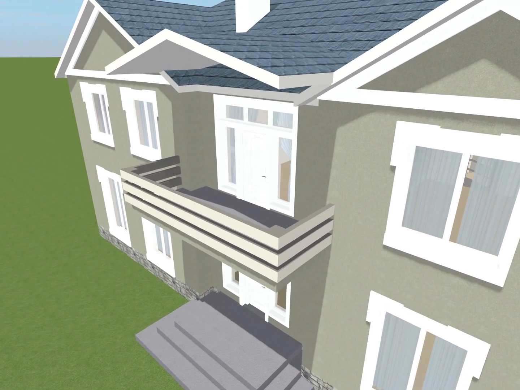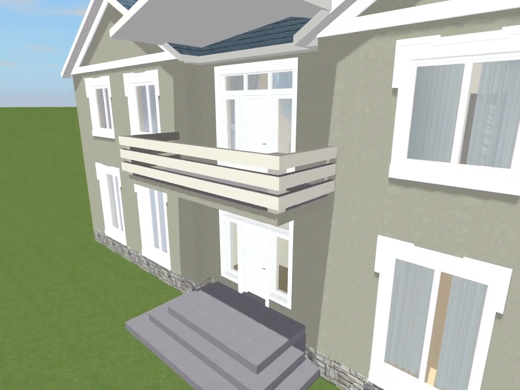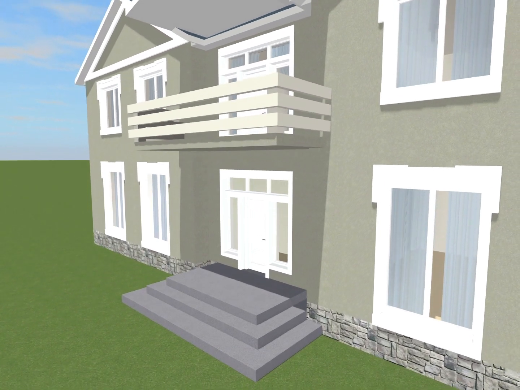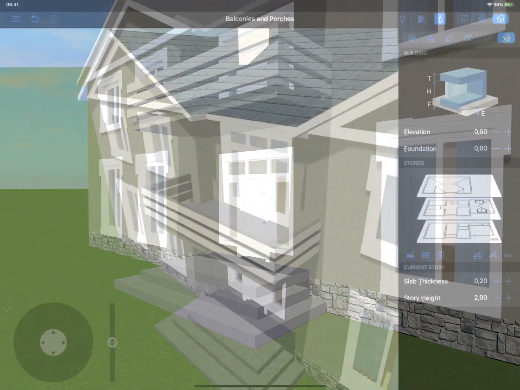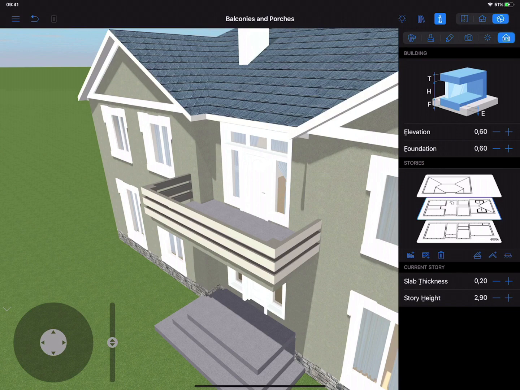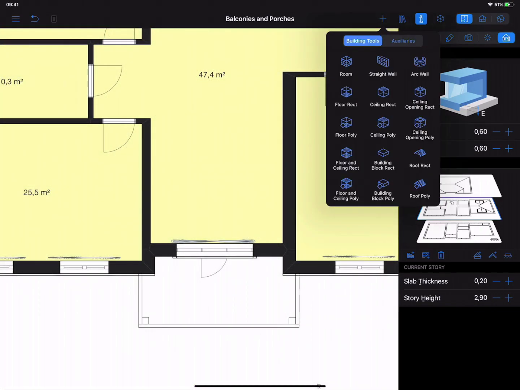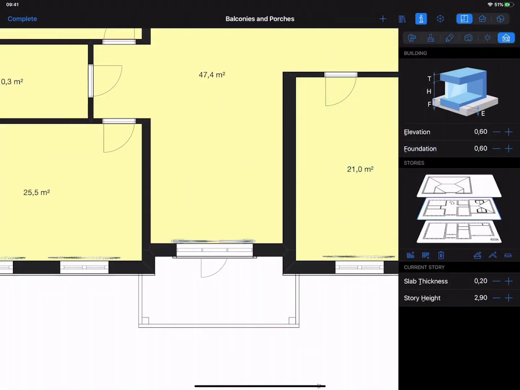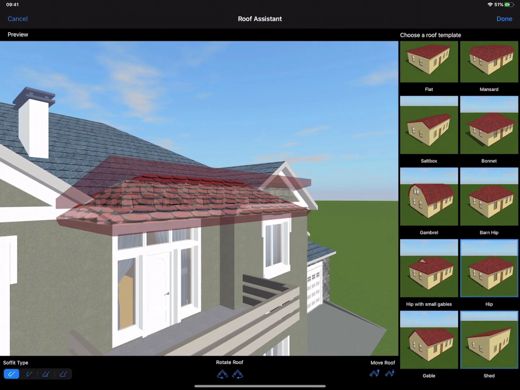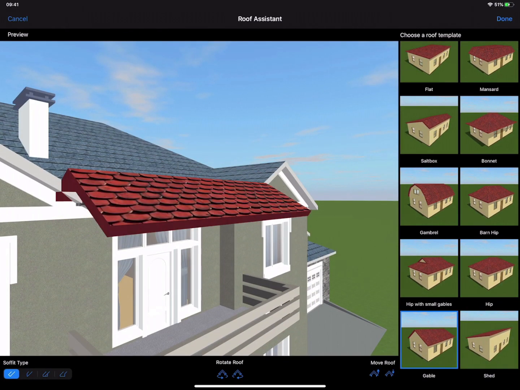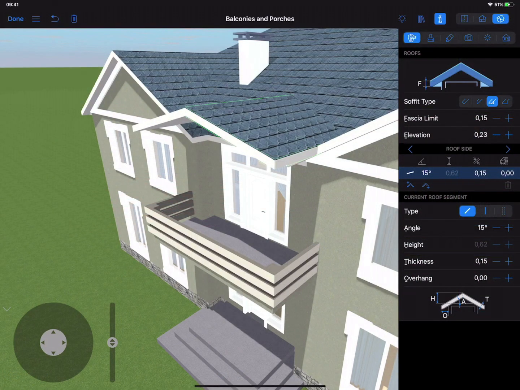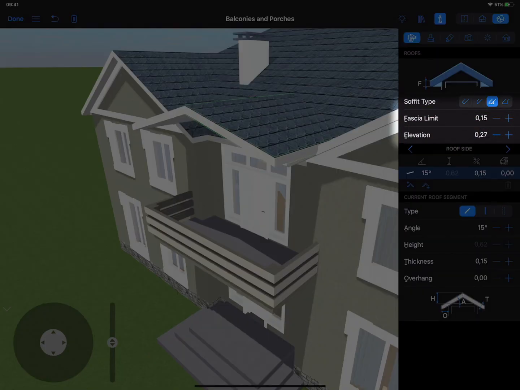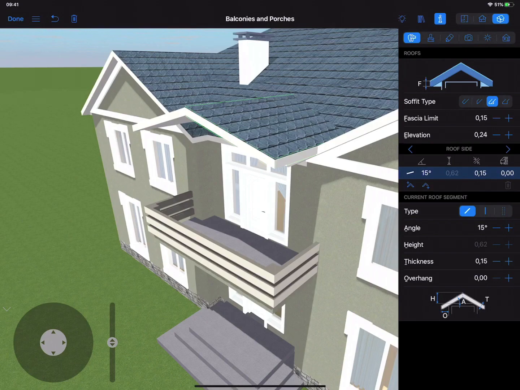Another benefit of the Pro version is the ability to create awnings for porches and balconies with the help of the Custom Roof tool. To add a roof to a balcony or porch, simply switch to 2D Plan View and activate the Custom Roof tool. Draw the roof above the balcony or the porch, and it will appear automatically in 3D once you select the roof type from the Roof Template dialog. Now you can adjust the height of the awning through the Object Properties tab, and your balcony and porch are ready.